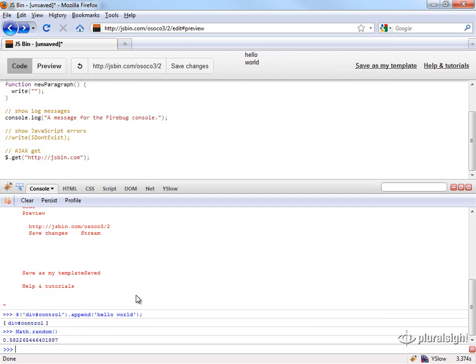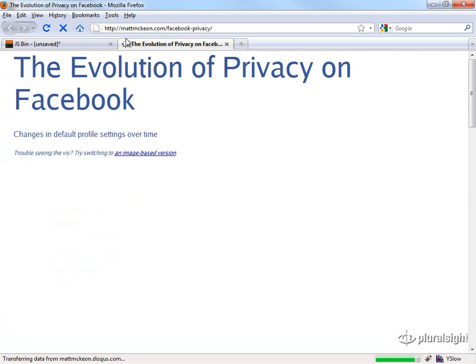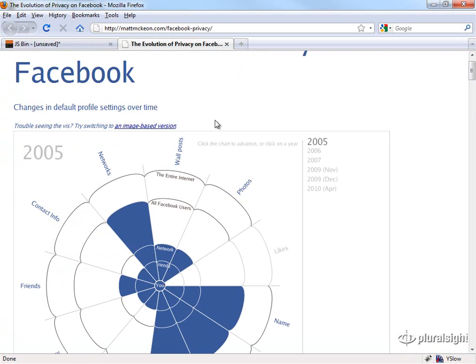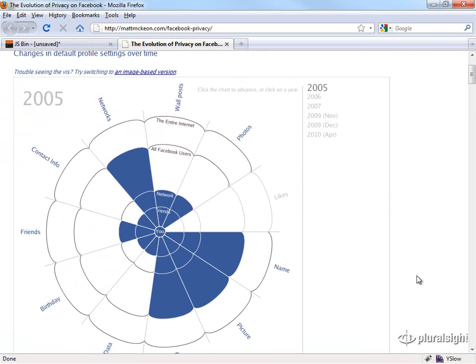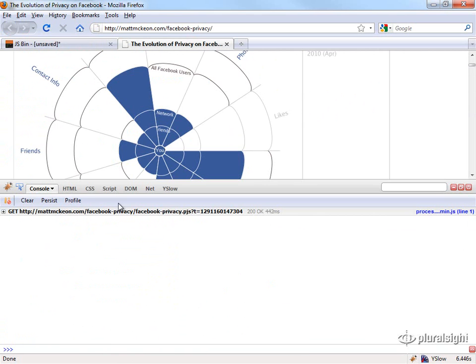Now let's take a look at the JavaScript profiling. I'm opening up a website that I know has some reasonably advanced JavaScript. Behind the scenes, there's JavaScript used here to update this graphic when it's clicked. I've got Firebug open and I'm on the console tab. If I now click the profile button to start profiling